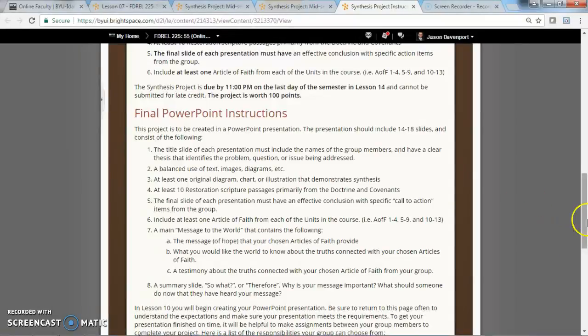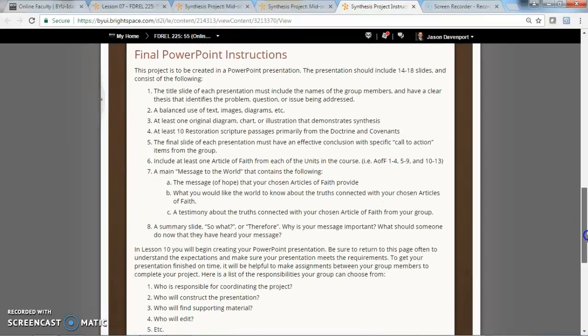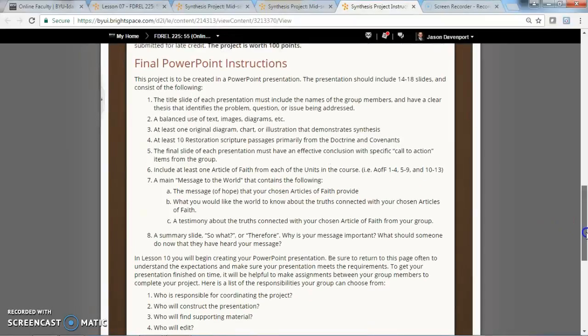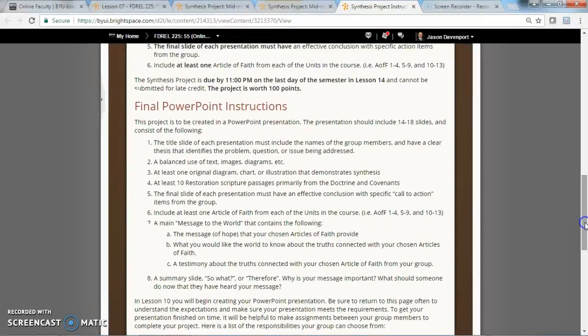Again, you'll be creating a PowerPoint, and I will now show you a couple of presentations from last semester. I believe some of these instructions have changed. Therefore, do not use these as the template for your PowerPoint, for your project. I'll show you some things that were done, and some things that I like to see and that I like